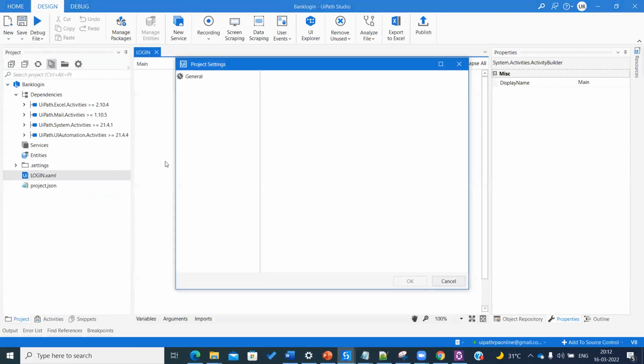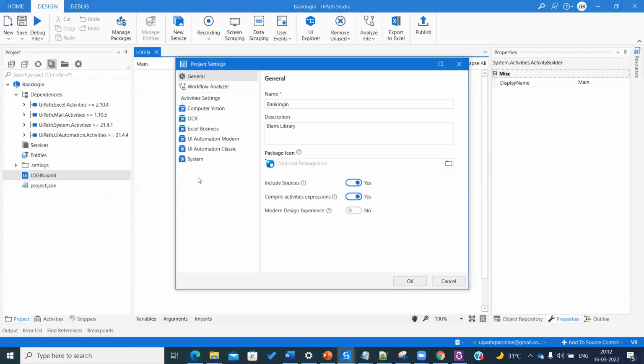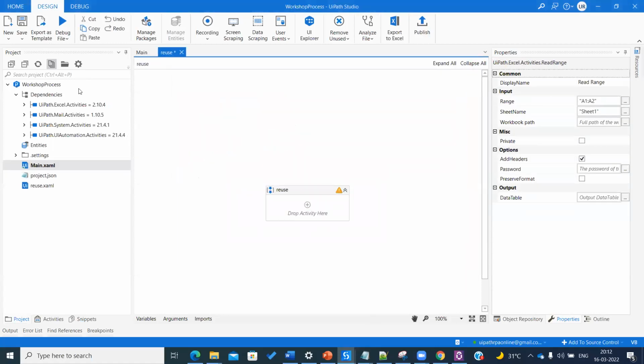And this is again a commonly asked question: what is library? What is process? I will not go into detail, but whoever wants to understand more in depth, what you need to do is click on the settings button. Okay, this is the library. In general, you see only three options: include sources, compile, modern design experience. This is the library. What we are doing for the last 1 hour is the workshop process. Now, if you go to the settings,